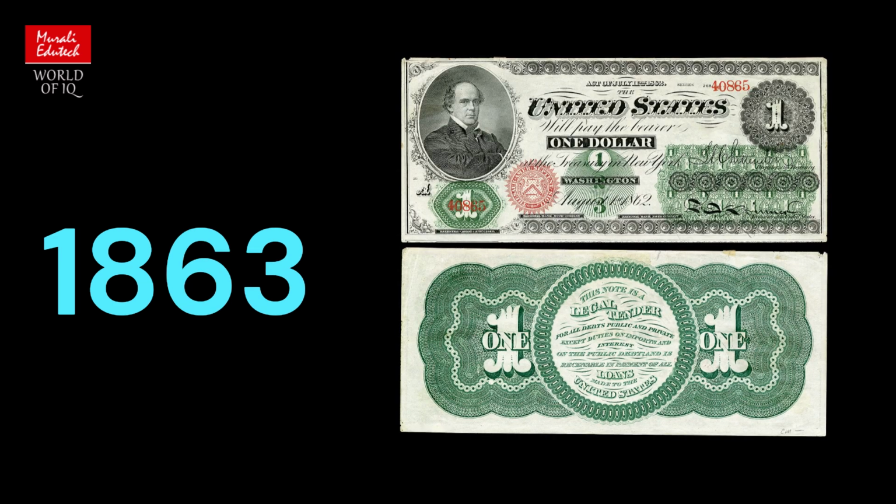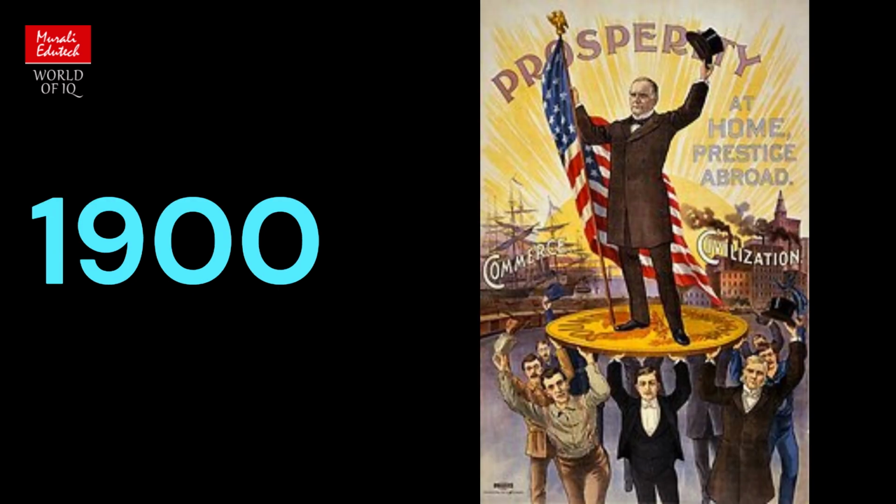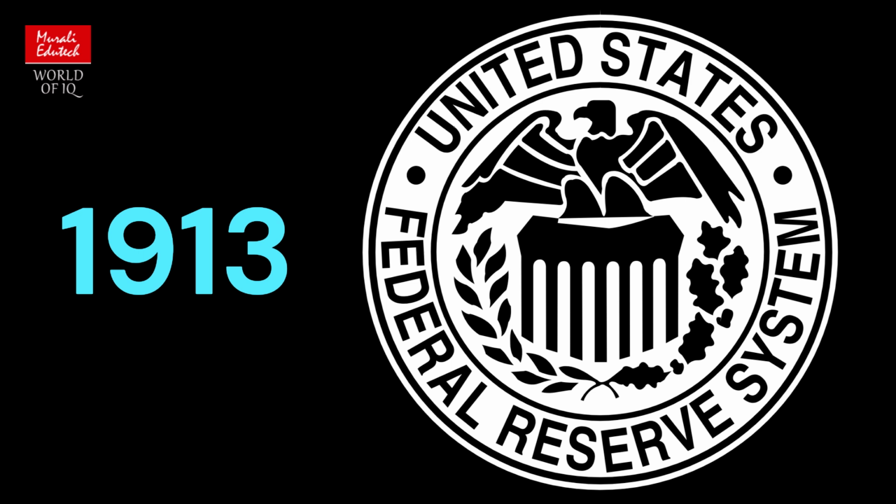1863. The National Banking Act established that all other forms of currency, such as the Spanish dollar and various continental currencies, were no longer recognized as legal tender. Consequently, the greenback, the paper American dollar bill, was introduced into circulation. 1900. The Gold Standard Act established the value of the dollar at 25.8 grains of gold. 1913. The Federal Reserve was established to oversee monetary policy and ensure that an adequate amount of currency is available in the economy.